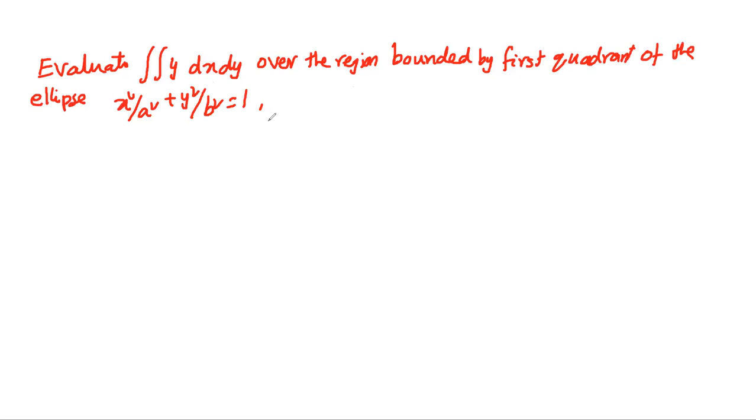Now this is an ellipse problem. For this, take the ellipse with its long axis and short axis. Origin will be 0, 0. Then this is on the x-axis, the length will be a, so you can mention it as a, 0. And this length will be b, so the point is 0, b. Now they are asking for the first quadrant region, so this is the region we have to find out.